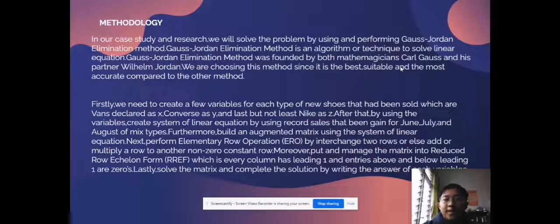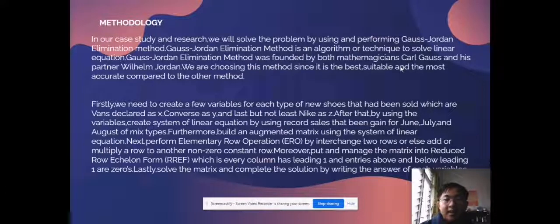Methodology. In our case study and research, we will solve the problems by performing the Gauss-Jordan elimination method. We are choosing this method since it is the most suitable and the most accurate compared to other methods. To solve the problems, firstly, we need to create a few variables for each type of new shoes that we sold in June, July, and August. We declare Vans as X, Converse as Y, and last but not least, Nike